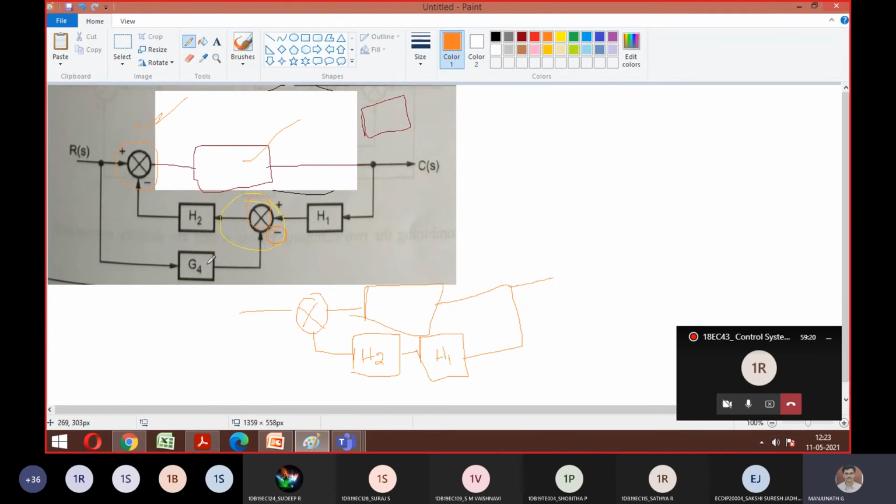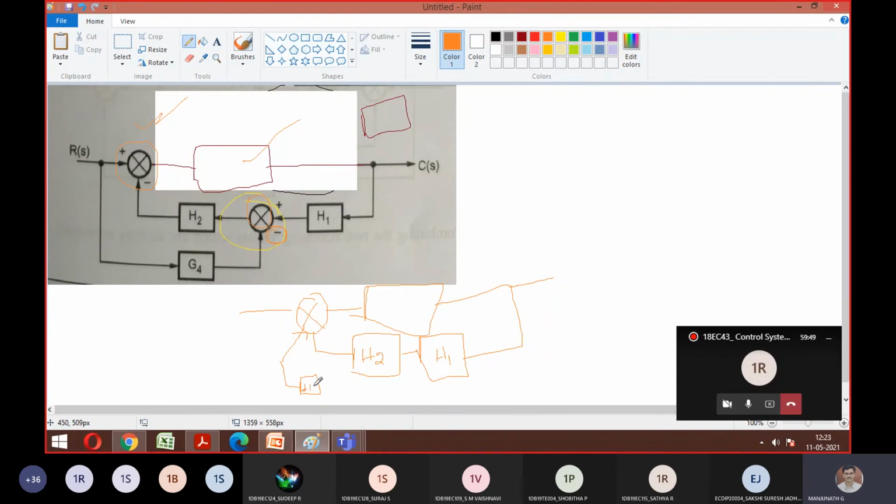Similarly, what is the one more path, guys? So one more path is this G4 along with this minus symbol. So it means how it looks. Again I should connect for the same summing point. So we should connect G4. First, H2 has to be split, right? Because you have H2 for both categories. Yes, sir. So you split H2 separately. So H2 you have separated.